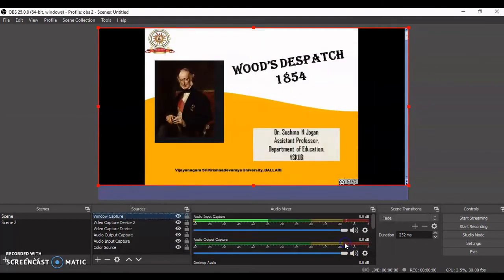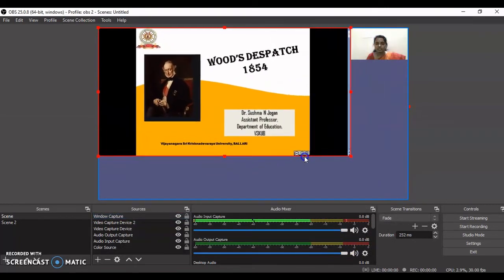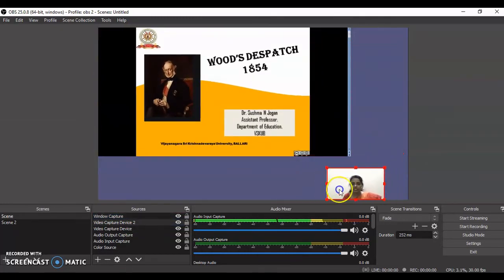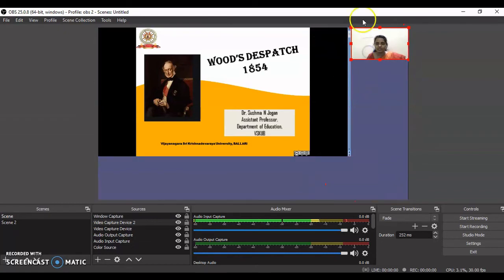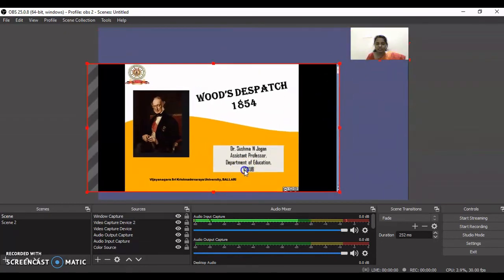If I click on OK, then I'll just resize this one. You can resize and you can drag your webcam as well, face cam.